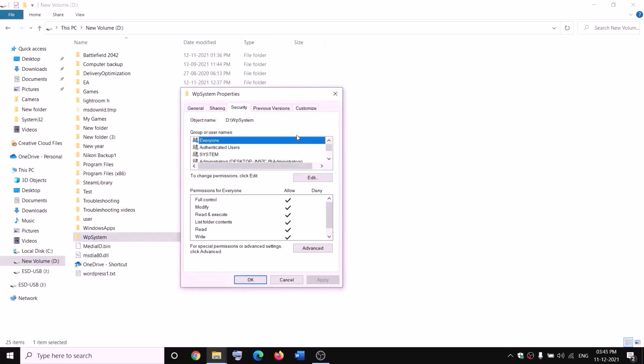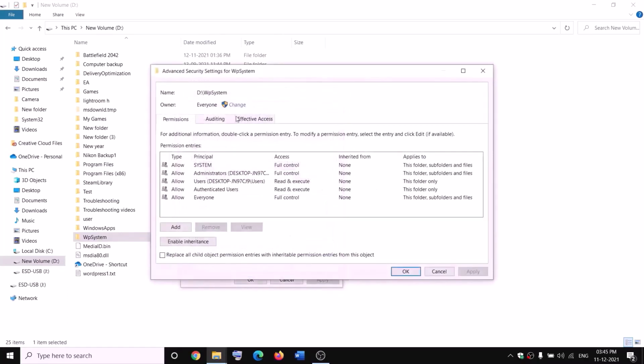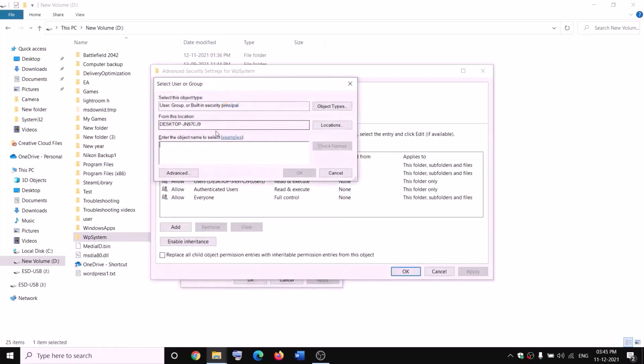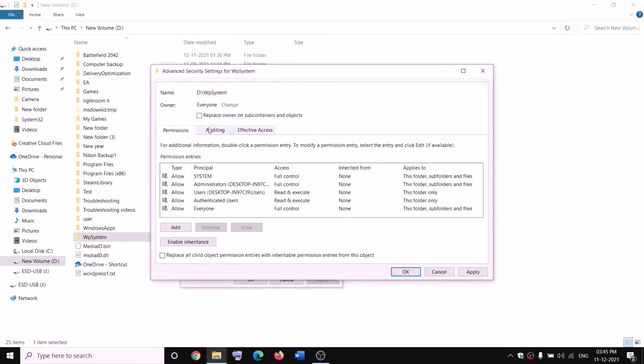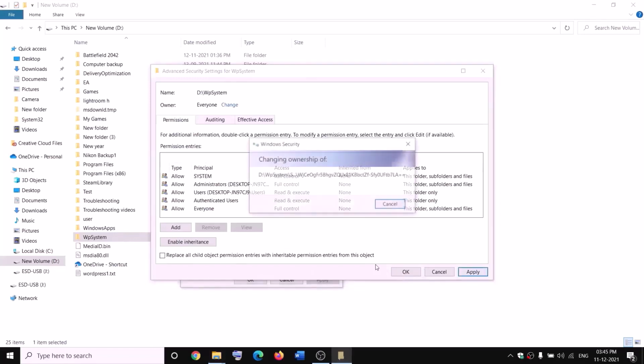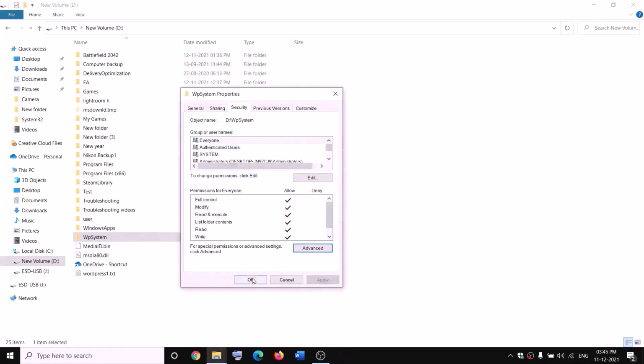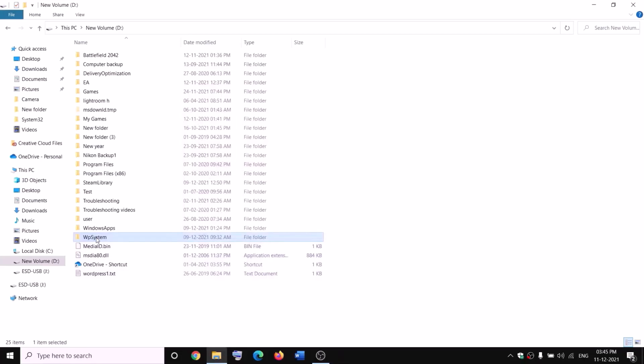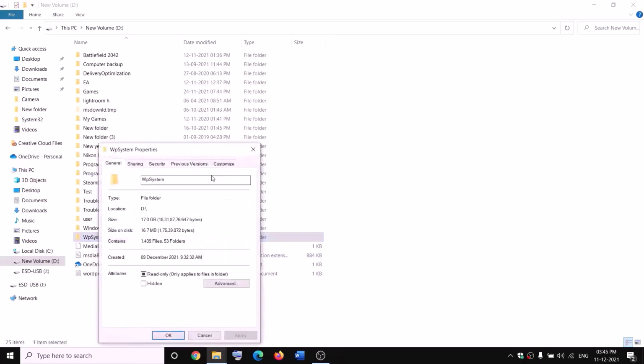We will go ahead and take the ownership of this folder. So go to security tab and then click on advanced. Now click on change over here and then type in everyone over here, and then click on check names, then click on OK. Now put a check on the box which says replace owner on subcontainers and objects and then click on apply. OK, OK, OK,